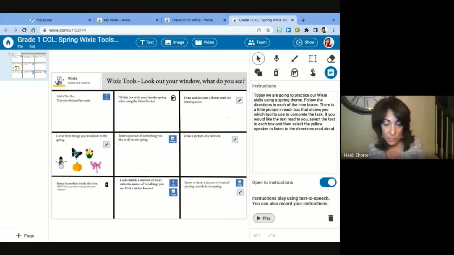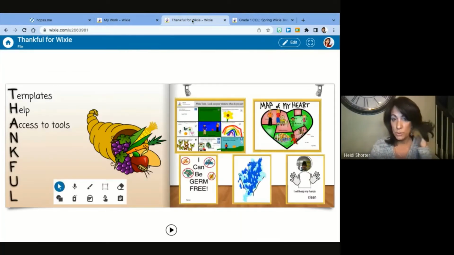It doesn't just have to be the paintbrush tool. It doesn't just have to be a text box. You can actually, on those boxes, just give a little teeny picture of the image that you want the student to use so that you know they're getting that experience using some of the different tools in Wixie, so that when they get older, they can be more comfortable with the tools because you know that they've used them. So we've done that in a couple different ways and in a couple different categories. Here we've put use image, or you can use the paintbrush. Make sure you use the spray can here, use text box here, so that they get that chance to work with those different tools.